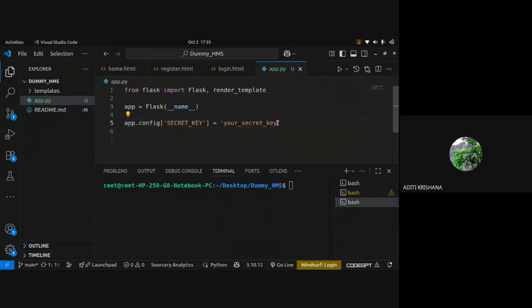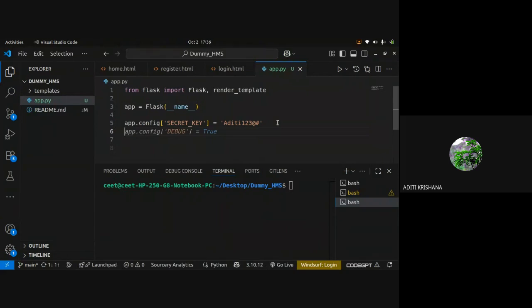So that the whole house is protected from third-party people, either thieves or gangsters, anything. Similarly, for the application, what is the use of secret key? To make your whole Flask application secure. So this part is the password. This will be decided by you. For example, I have given a secret key as something like that. This is my secret key, which you have to actually set, because if you don't do that, it will throw an error.